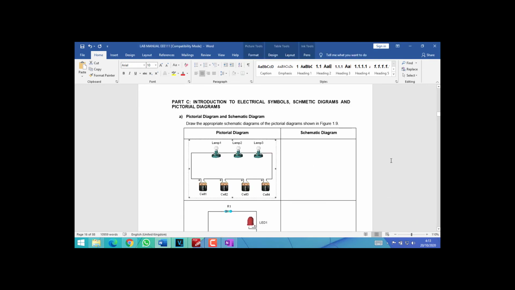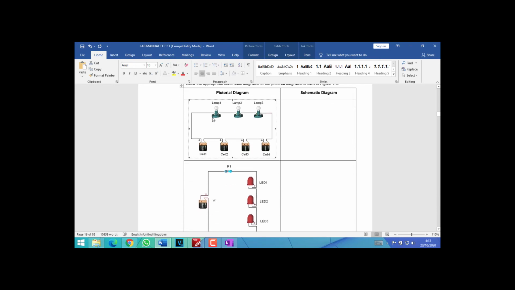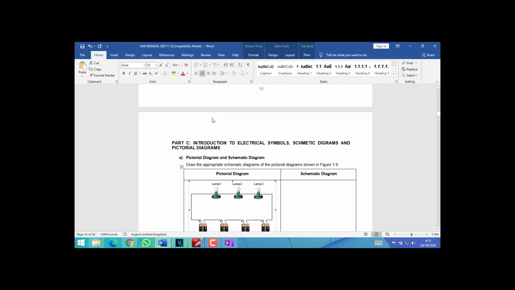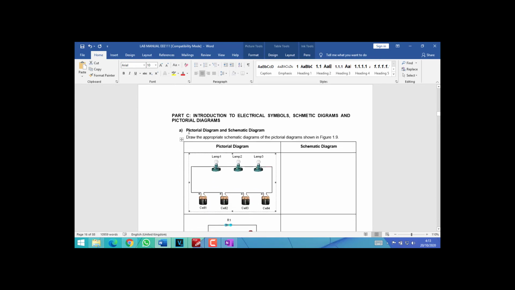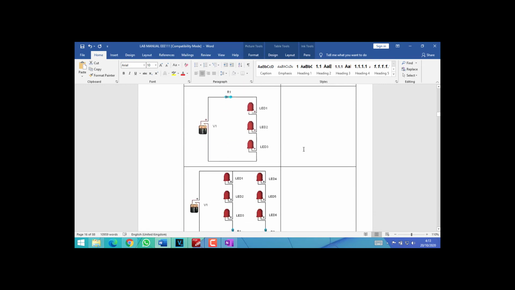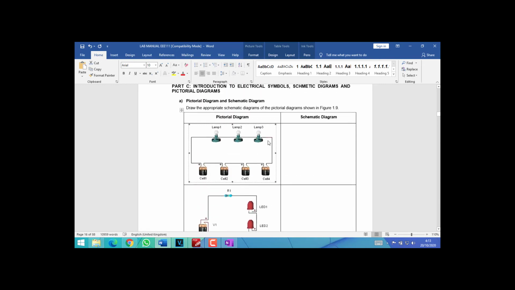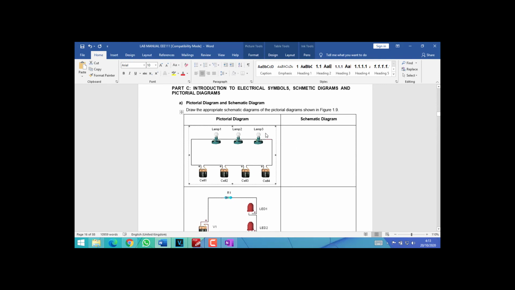At the procedure. Okay, so this is the task that you need to answer for the part C. The first one, pictorial diagram and schematic diagram. Draw appropriate schematic diagram of the pictorial diagram shown in figure 1.9. Okay, this is figure 1.9. So you need to draw the schematic diagram represent for each